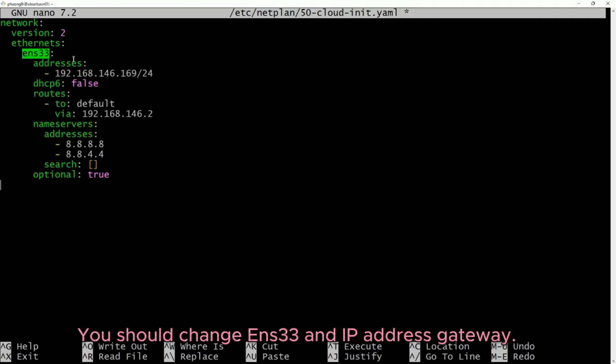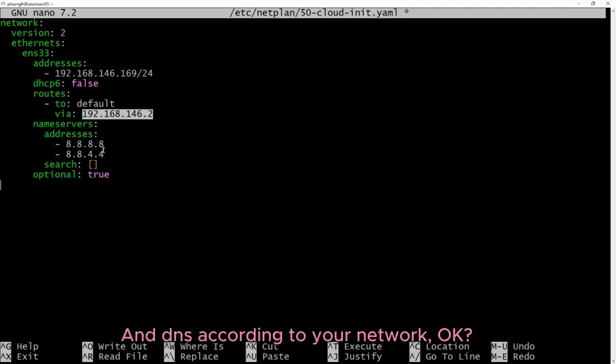You should change ens33 and the IP address, gateway, and DNS according to your network. Okay.